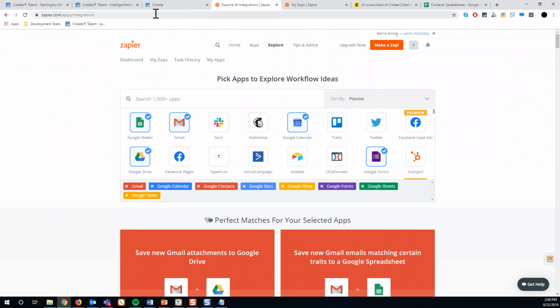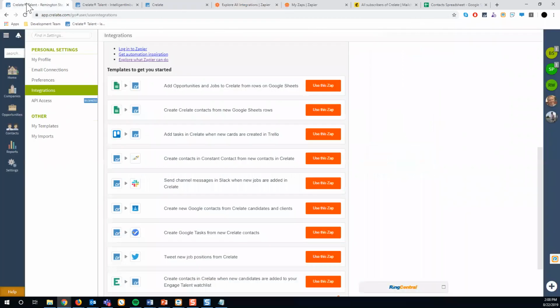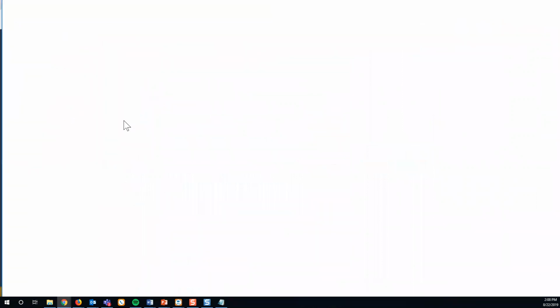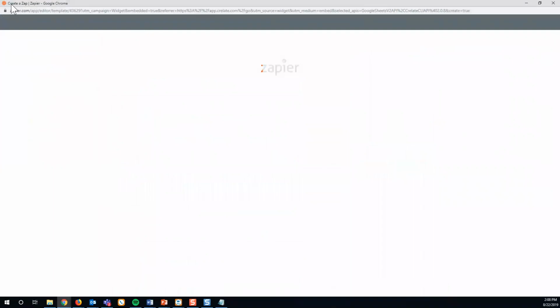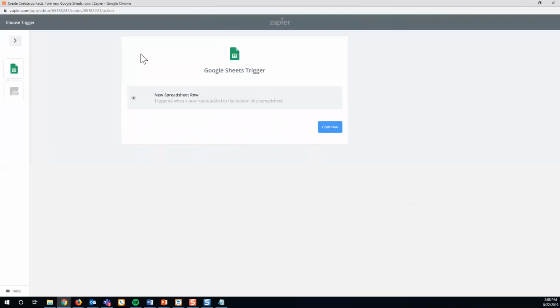So if you had a question about which Zaps you can possibly integrate with, that would be a great place to look and start. But for the purposes of this demonstration, we're going to go ahead and create contacts from new Google Sheet rows. So if I use this Zap, this automatically brings us to a Zap creation page. So you see now we're on the page to create a Zap. It's just going to load this in for us and automatically have some data readily available for us. So if I select continue,